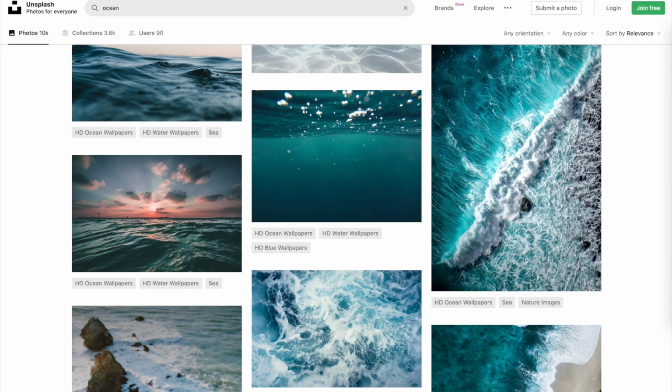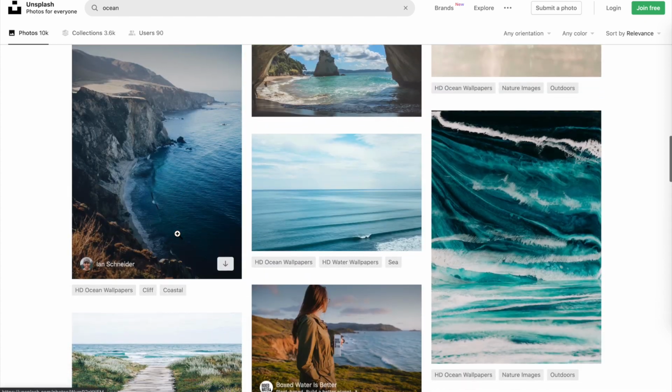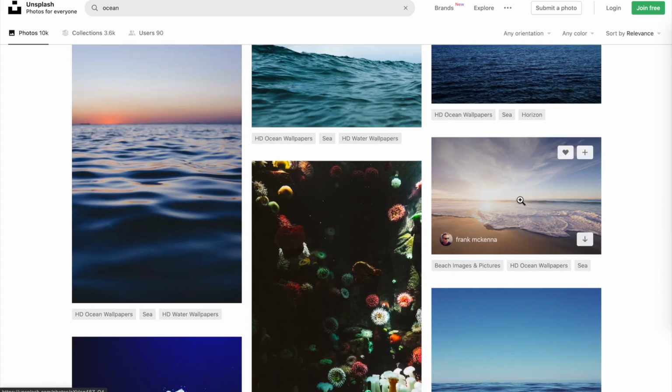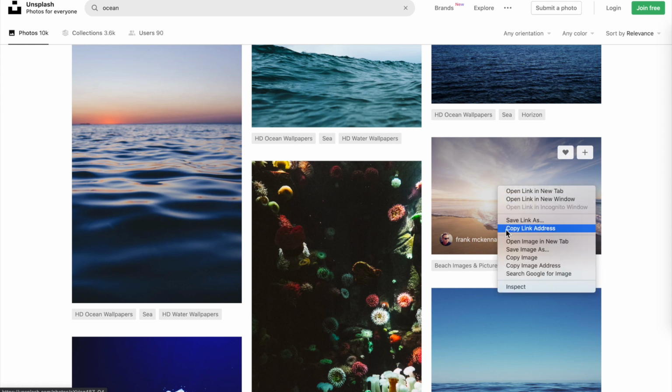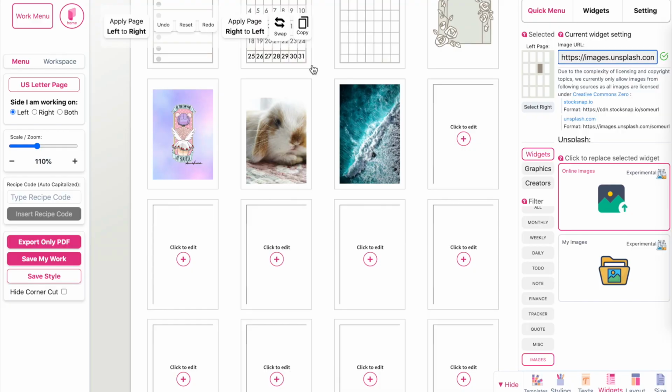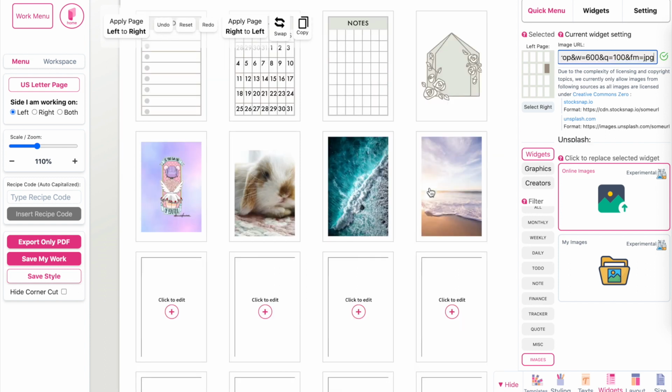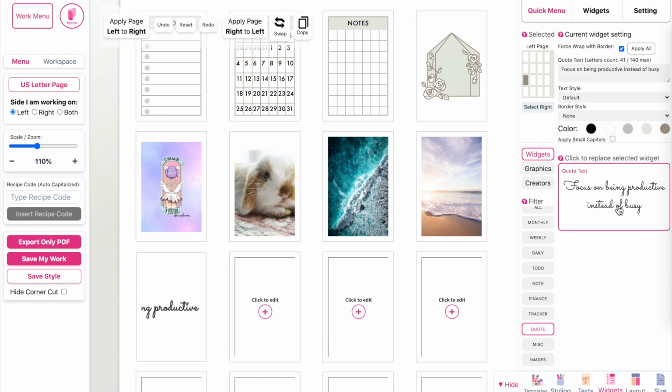So again, if you like this image here, right click, copy image address, go back to the website, and then here you want to copy paste the link. There you go. You can also add quotes to your stickers. So if you go here to quote, you can add a quote, and maybe you can type something in such as